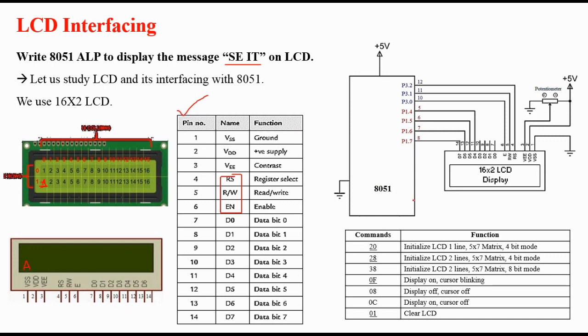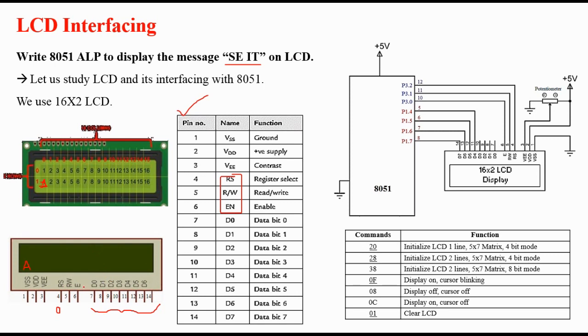In order to send the command, we will send some number over here, that will be the command number, and now this number can be treated as data to be displayed, and the same can be treated as a command to be followed. Now LCD will be in confusion. So for that purpose we will make RS equal to 0. If we make RS 0, then the command will be written.